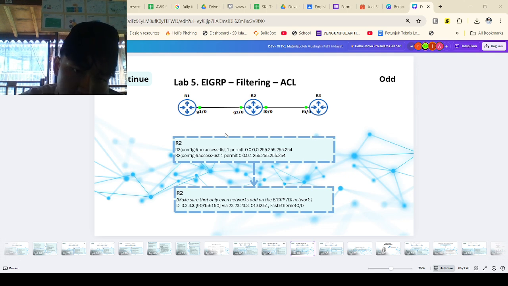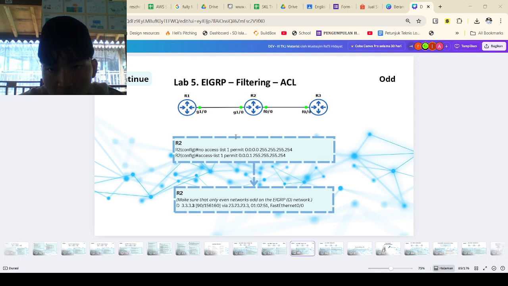So what the config means, I will just explain y'all. You might be looking at the image here, similar to the previous slide, but the access control list is changed to a different pattern. So now only the odd networks are permitted.